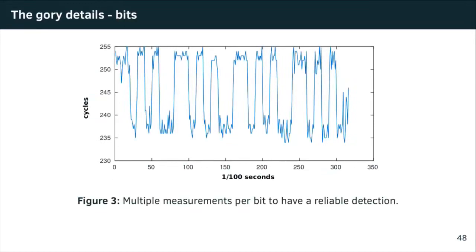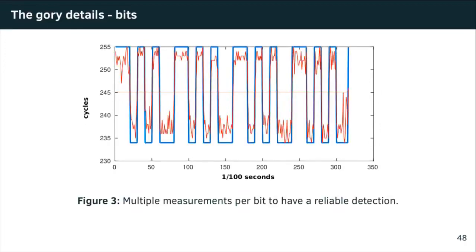And it looks something like that. So that's an actual measurement from the JavaScript. You can really see the differences between row conflicts and row hits. So we have these low and high access times, and we always did a few measurements for every bit, to be absolutely sure that it's correct. In this case, we did 10 measurements per bit we sent, and we can do an overlay here, use the average, very simple, and see the 0 and 1 bits that are transmitted from the virtual machine to the JavaScript in the browser.